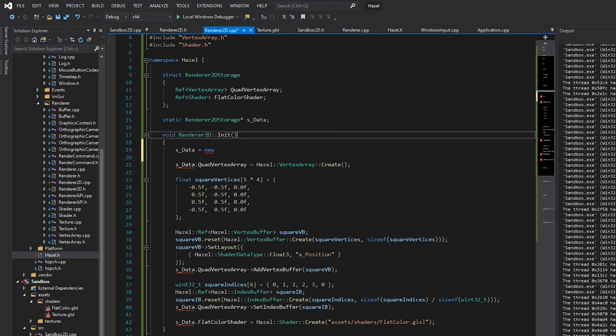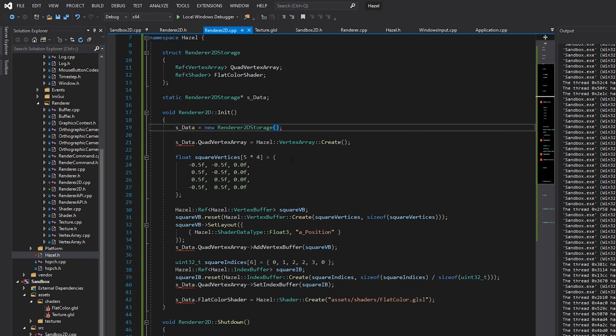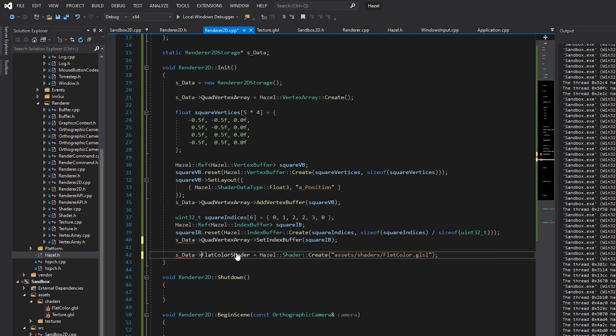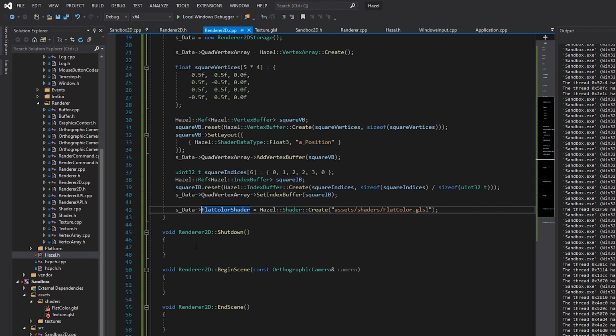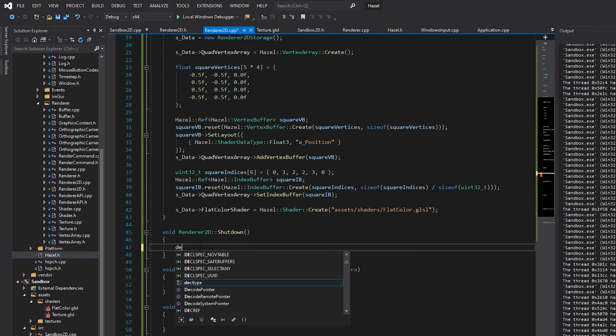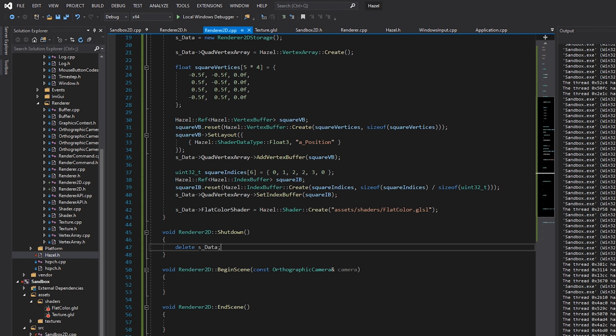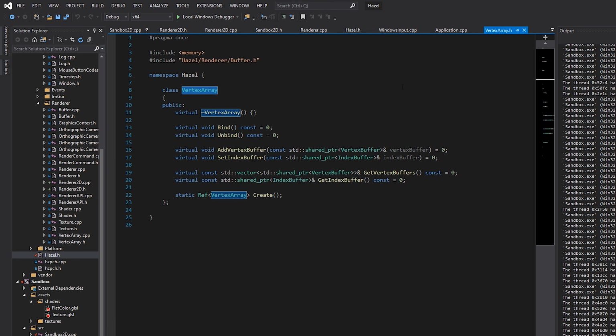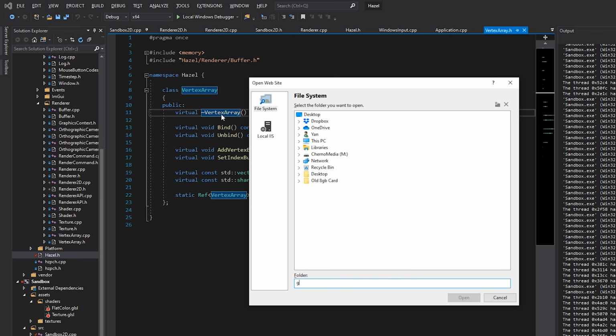So this is really simple again. What you do is you take this and you just initialize it here. I'll add these parentheses even though you don't have to. This now becomes an arrow. Just to be clear, the reason that I don't want to leave it as an automatically managed piece of memory is because in shutdown, I specifically want to delete this. The reason is that shutdown here will, for example, destroy vertex arrays, right? And it's important that this happens, because if you look at the destructor